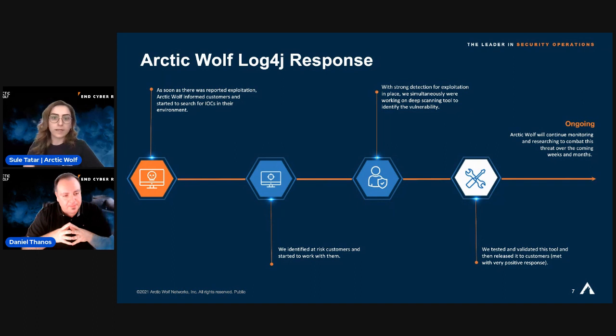Fantastic. And what would you recommend IT and security people who aren't our customers, but need to deal with this vulnerability, do as a first step? So what should they do? I think the very first thing, obviously, is I always tell folks there are two things you have to do in parallel. You absolutely want to go through and scan your environment, and try to identify